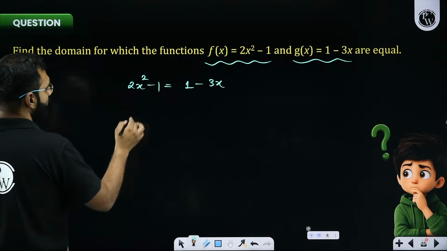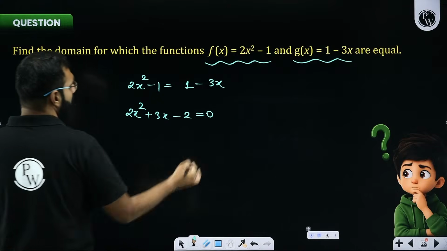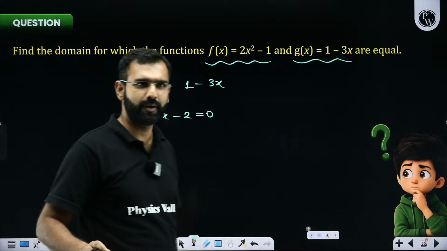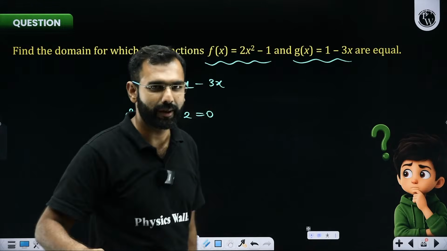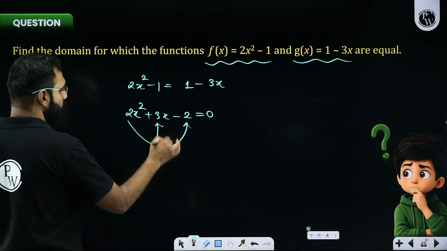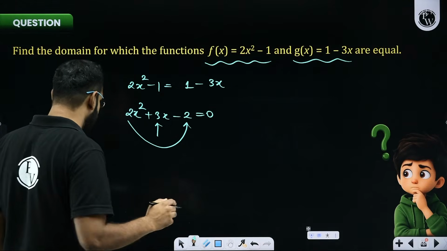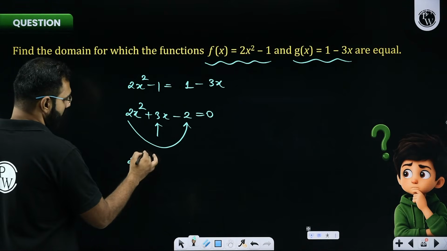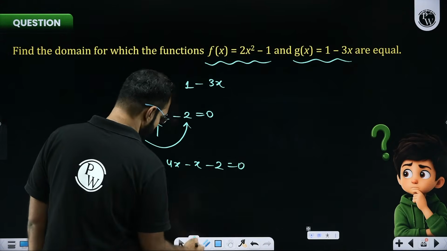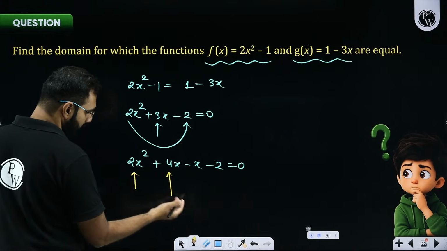So if I take everything on one side, I get 2x square plus 3x minus 2 is equal to 0. I think splitting the middle term, yes or no? That's good, Vijay, Sarthak. Keep it up. Really nice. With this, 2 into minus 2, that's minus 4. I want the sum to be plus 3. I think, sir, plus 4 minus 1 will do the job. Indeed, it will. So if I split the middle term as 2x square plus 4x minus 2x... I think my job is done. Now, if you do know the short trick, negative of this divided by this will be the first root.